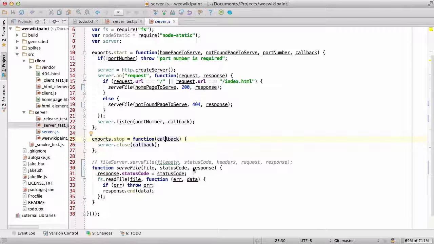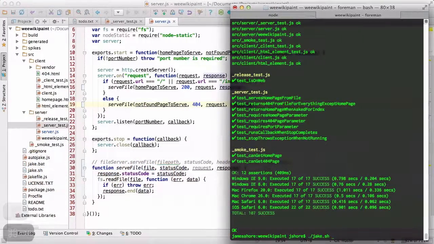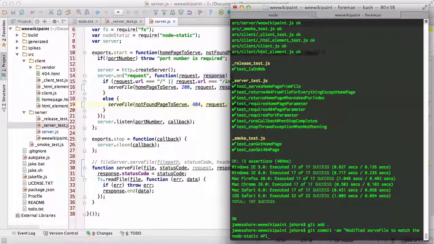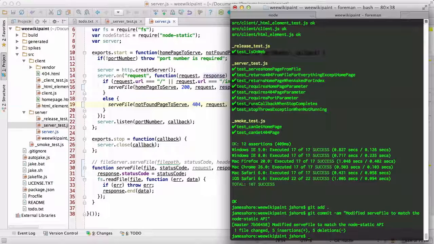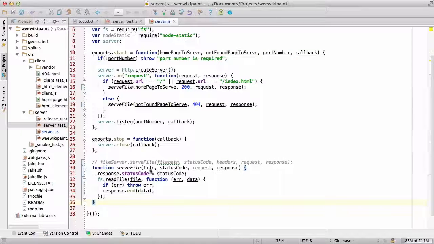Now headers we don't care about, so I think I'll just leave that one out because we can set that in here. And we want the request, which is easily enough sent through. Okay, that's good. Let's go ahead and check that in. Okay, so what we have here is we've modified serve_file so it matches the file server.serve_file API so that theoretically